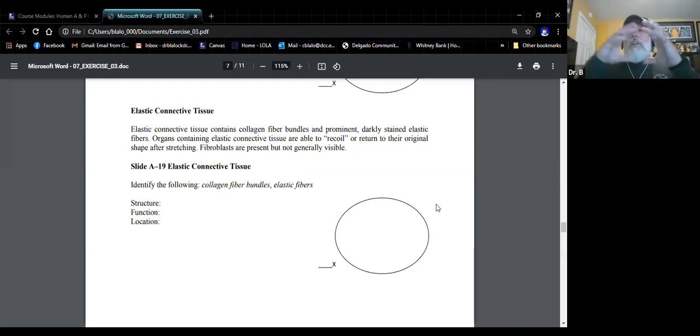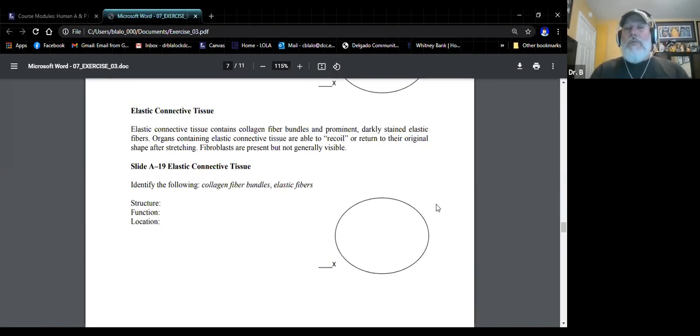The aorta has the ability to stretch when the heart contracts to accommodate the pressure associated with the volume of blood that's being ejected, but then it has to be able to snap back to its original shape and size during relaxation of that heart contraction. Blood vessels that vasoconstrict and vasodilate, like arteries and arterioles, again, are going to have elastic connective tissue woven into the layers of those particular vessels. So, we have to have the ability to stretch and recoil,